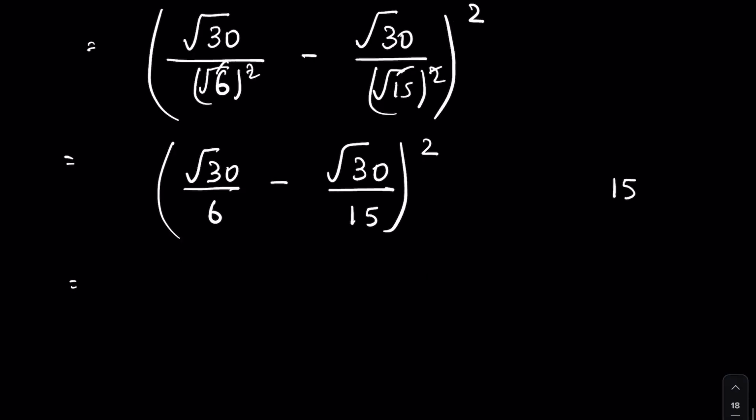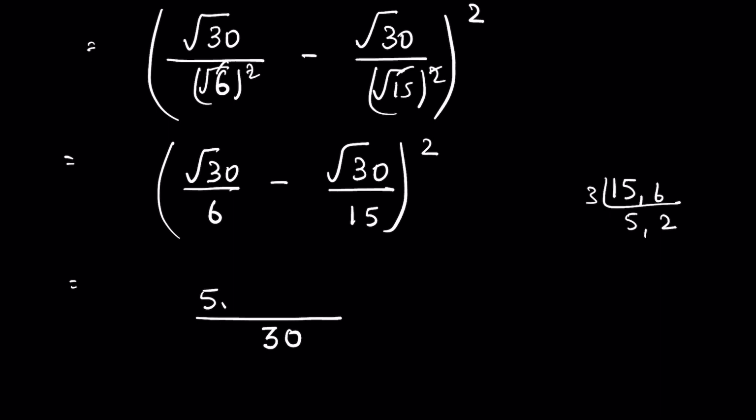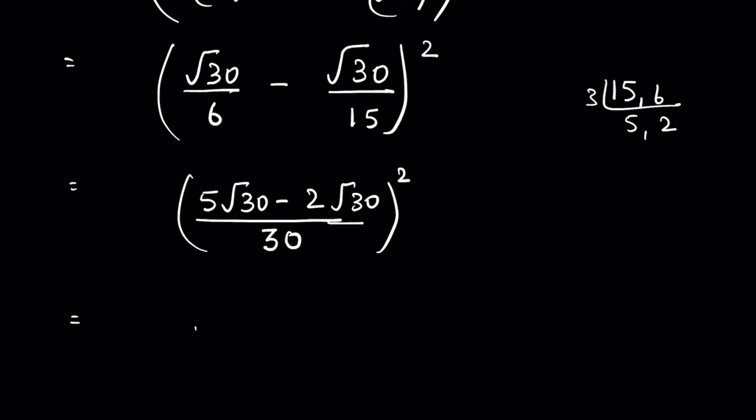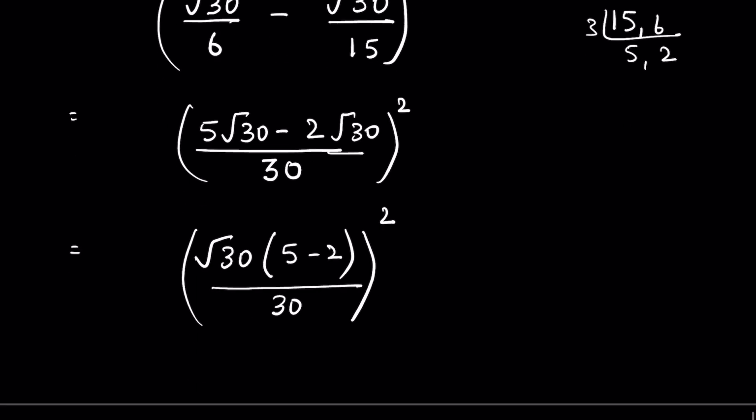Now LCD of 15 and 6 is 30. So this is 5 times square root of 30 minus 2 times square root of 30, whole square, or we can take square root of 30 common here and write 5 minus 2 upon 30, whole square,